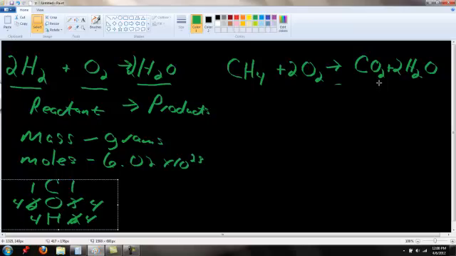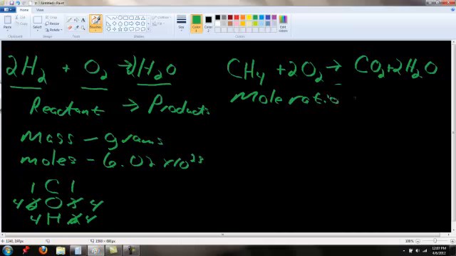When we're comparing the amount of moles of one substance to another, such as how many moles of CH4 go into the reaction compared to how many moles of water come out, we use something called the mole ratio. Mole ratio. And this is a comparison between the amount of moles of substances. For instance, in this equation, even though we don't write it, there is a 1 and a 1 in